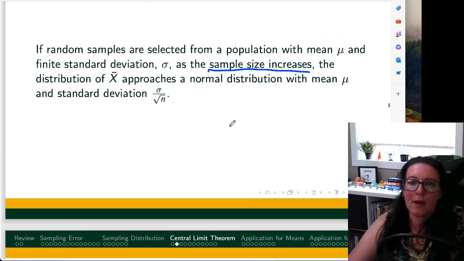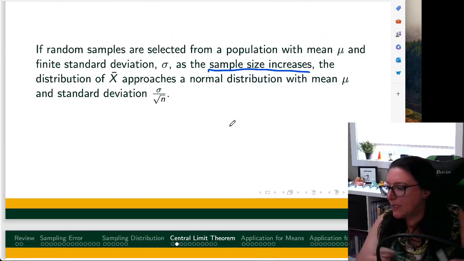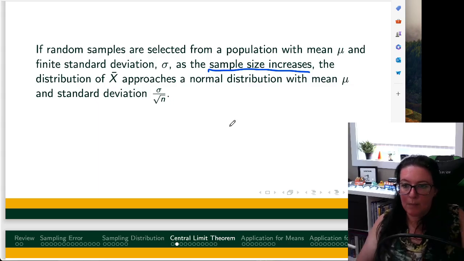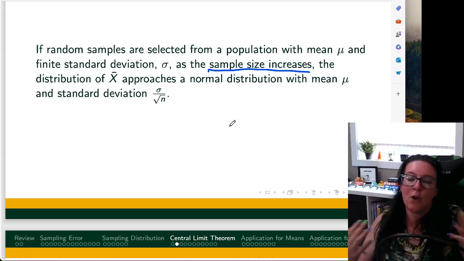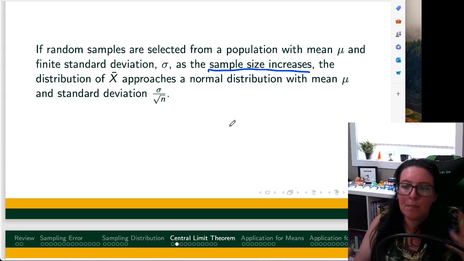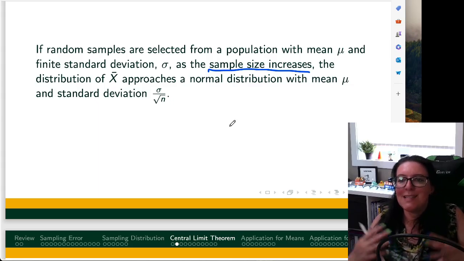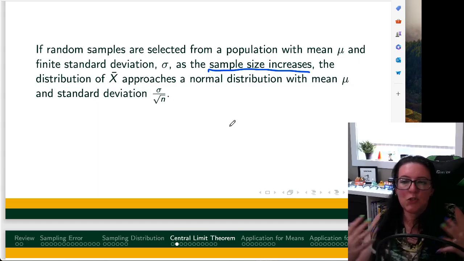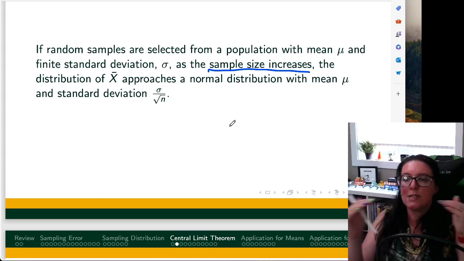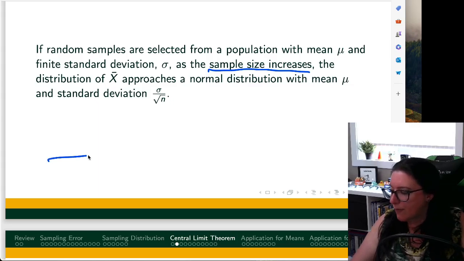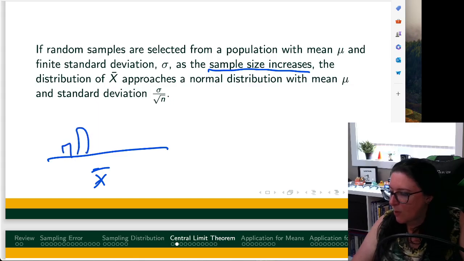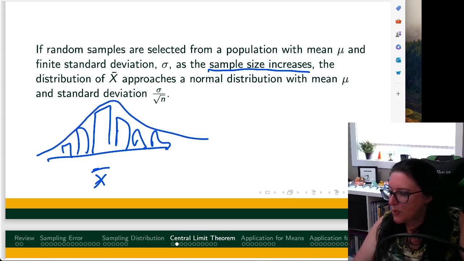The central limit theorem says if random samples are selected from a population, and remember these population parameters are unknown, we're trying to estimate them, with the mean mu and some finite standard deviation sigma, then as the sample size increases, as we plot all these different averages,